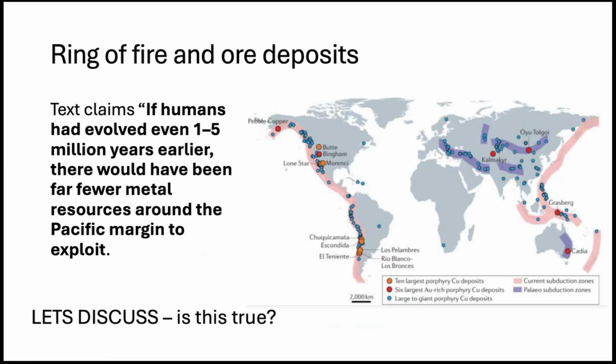So I took that to mean that the Ring of Fire has all these deposits today, and therefore it's a good thing that we evolved when we did because those deposits are here. Bob has a potential different interpretation of what they said, but I'm interested to know what students think about that statement. And Madison has an opinion. And she does, exactly. That's right. Sorry, Madison. You're muted.